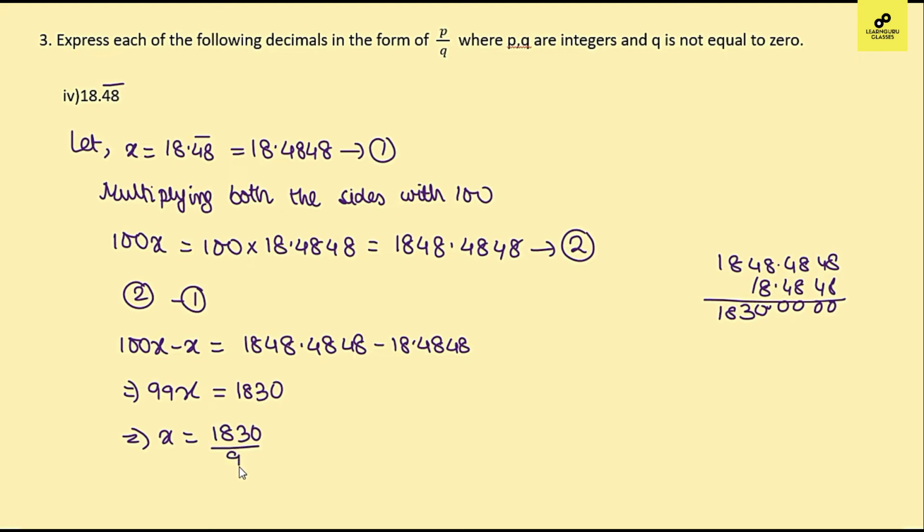1830 by 99. Now 1830 is divisible by 3 and 99 is also divisible by 3. So let's reduce it into smallest term. So 3 6s are 18, 610, 33. So 610 by 33 is the equivalent decimal expansion. Now the next sum is